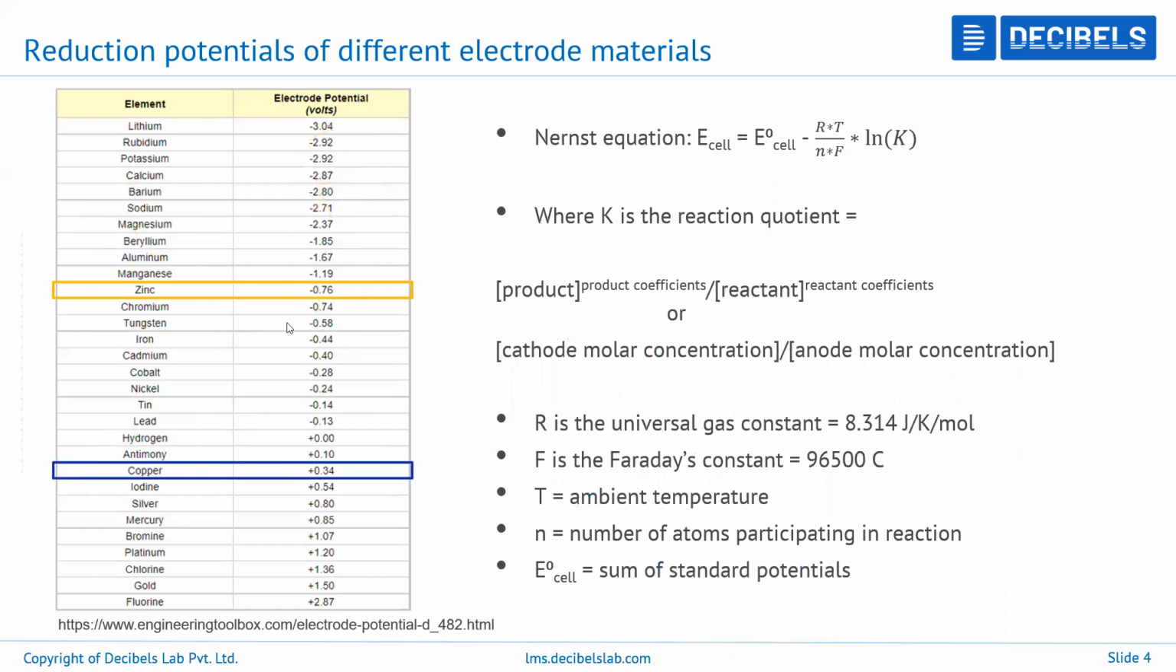So first, let's take a simple example of zinc and copper. All your constant variables have been mentioned here. R is 8.314 joules per Kelvin per mole. F is the Faraday's constant at 96,500 coulombs. T is the ambient temperature, which I said is 25 degrees Celsius. So let's take this in Kelvin. That will be 298 Kelvin. N is the number of electrons, not atoms, number of electrons